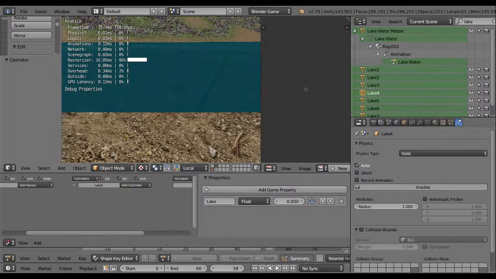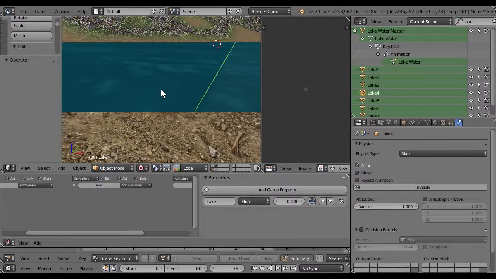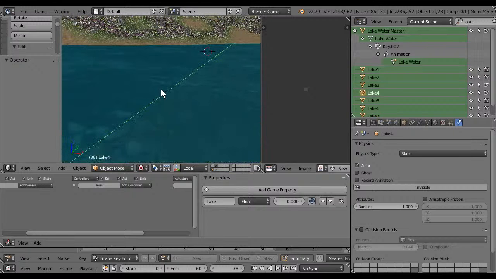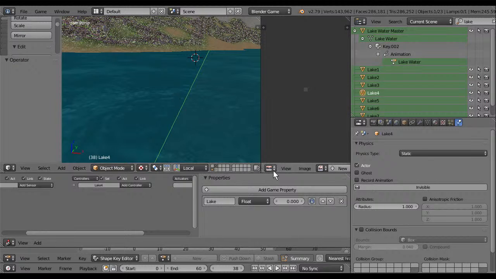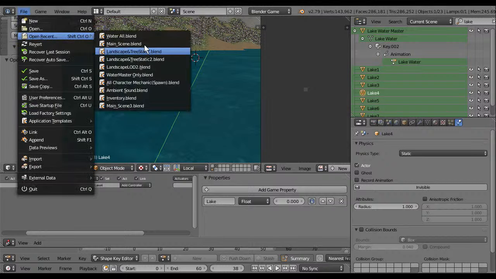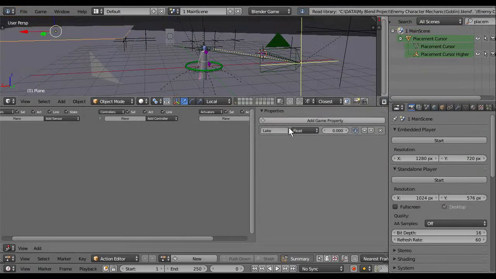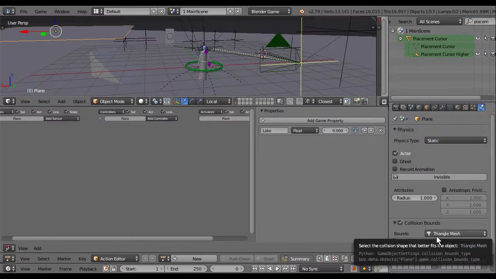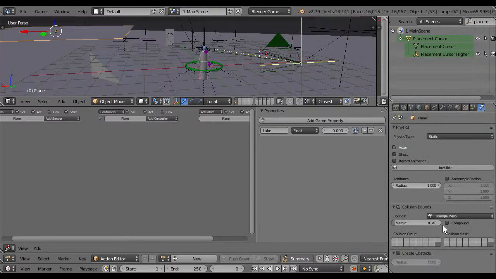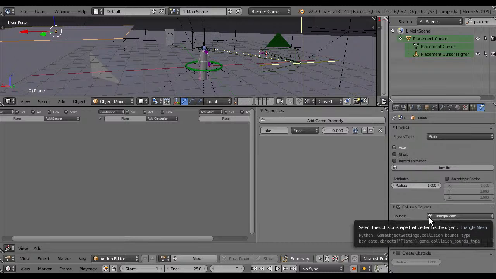Well, I guess it's the issues of linking the objects. And it's supposed to be close triangle mesh.